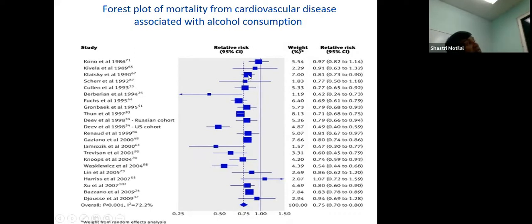But look at this study. Did this study find a difference? Yes, it does not include 1. Look at the range, 0.7 to 0.9. It found that it was protective. So look at this study, this one, this one, this one. A lot of them show a difference, while others show no effect. So guess where the diamond at the end is? The diamond at the end is the meta-analysis for all these 20 or so studies. What did the diamond conclude? Is it significant? Yes. You can confirm 0.7 to 0.8, and it does not include the value 1, so it is significant.